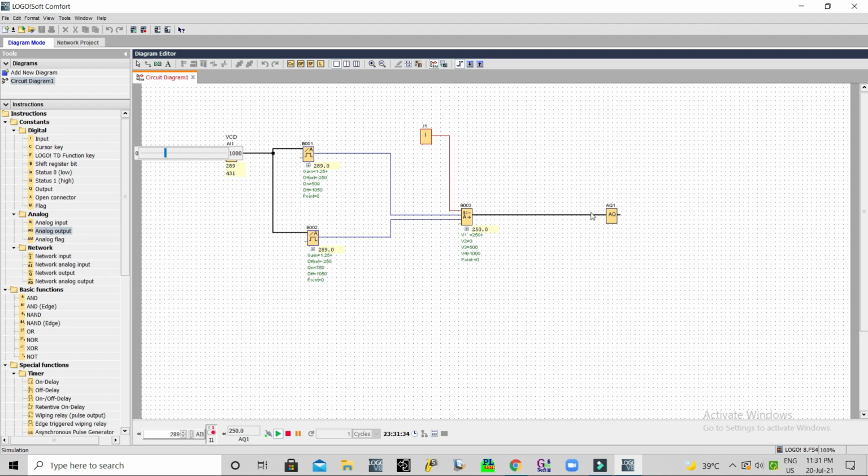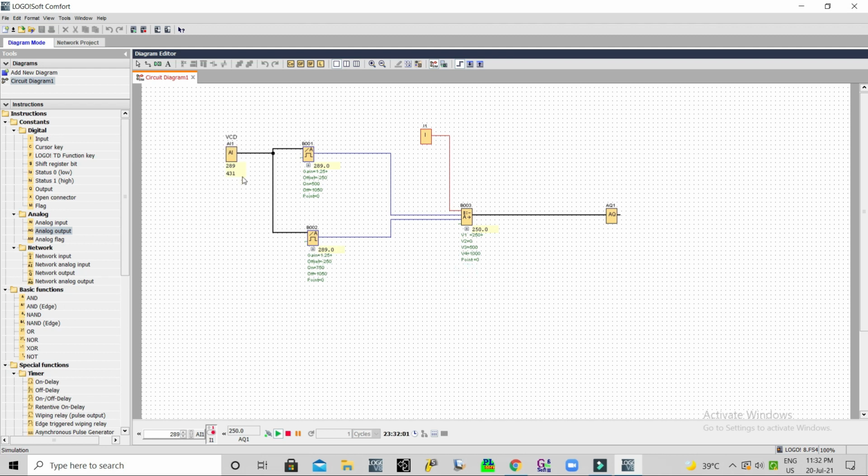Okay, so you will have two terminal options. One is for voltage input, one is for current input. Okay, so you have to connect accordingly. If you connect your current input to voltage input or voltage input to current input, it will not work. Also, once you connect your current input, you have to make sure whether you are connecting 0 to 20 milliampere or 4 to 20 milliampere. So you have to configure accordingly.